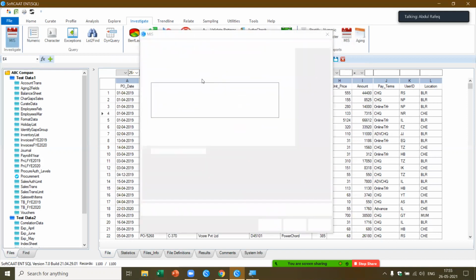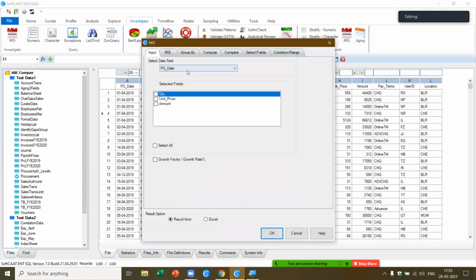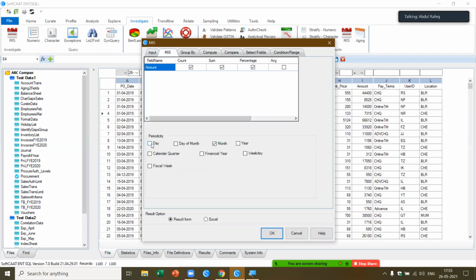I come to MIS. So I picked up the amount, and I wanted MIS, and I wanted based on the day, and I don't want month. I can also tick all of them. In that case, by default, each of the sheets will be created and kept as a child file. So if you want to document all this, or perform analysis at one go, you can perform all this at one go. I said, okay.